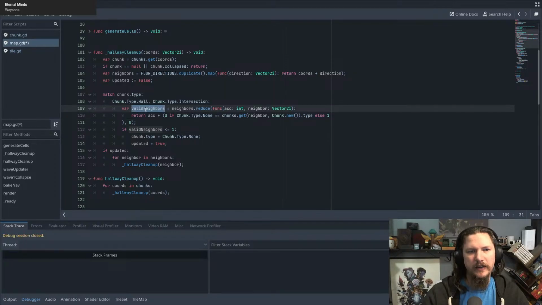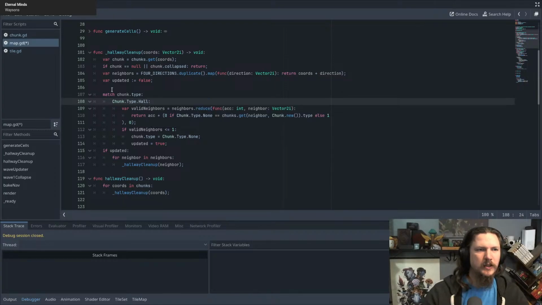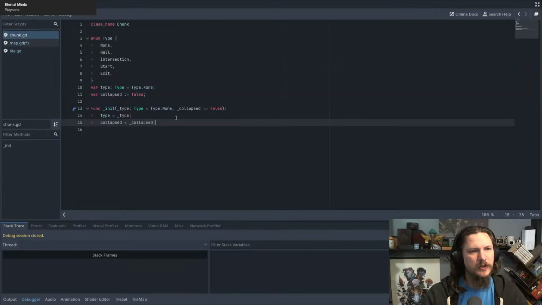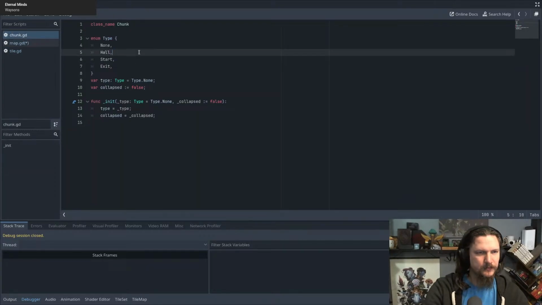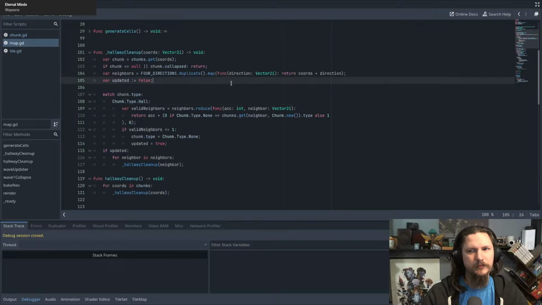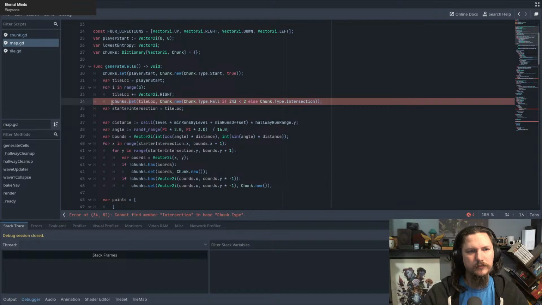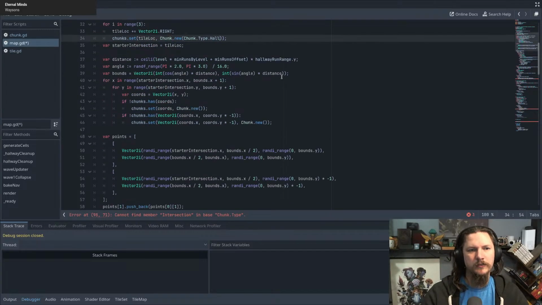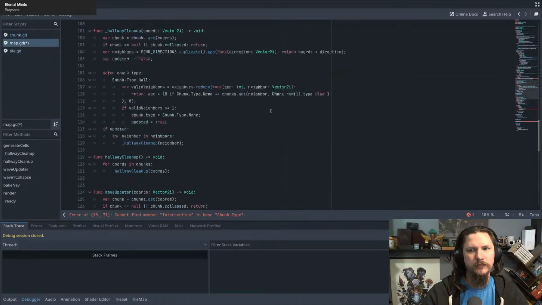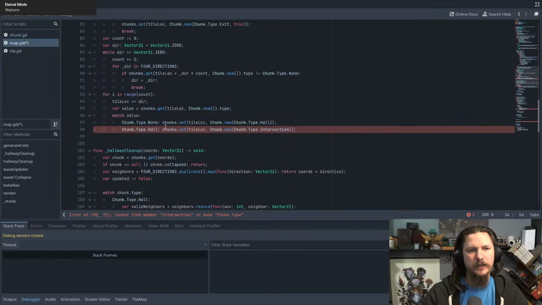We can get rid of intersection here. Let's go to chunk intersection. This can just be hall. And we no longer run